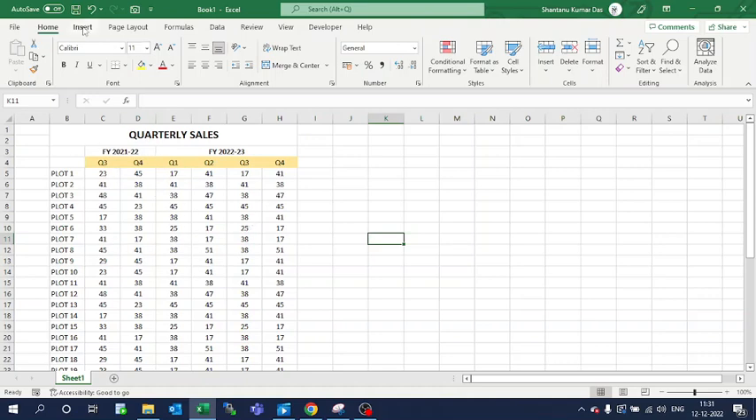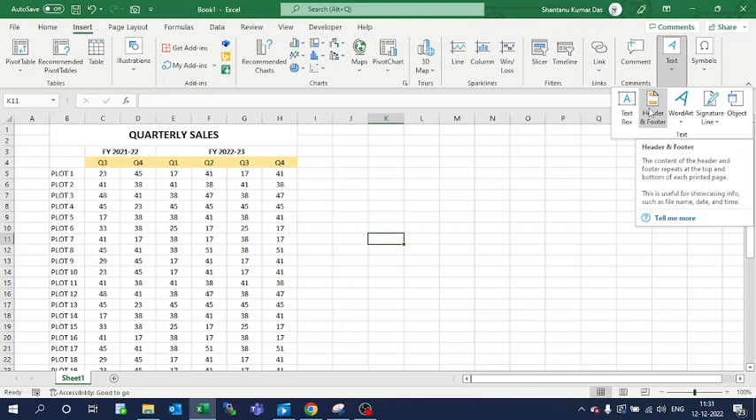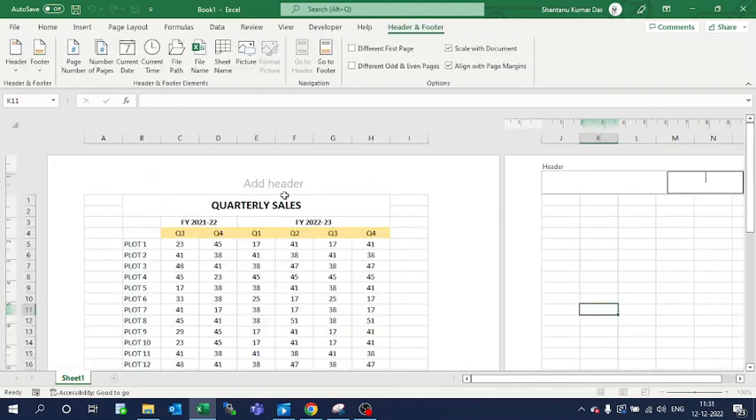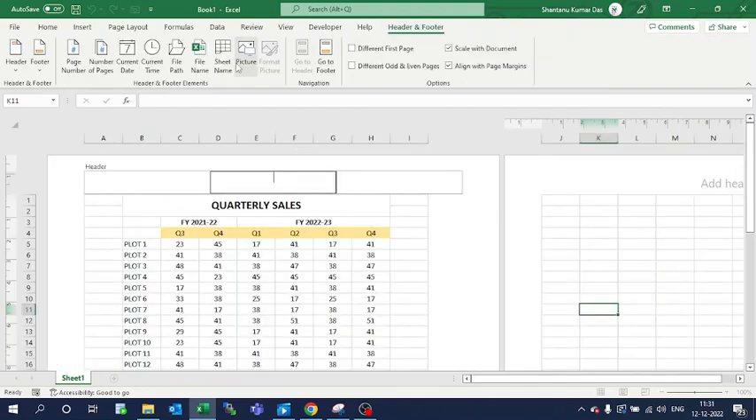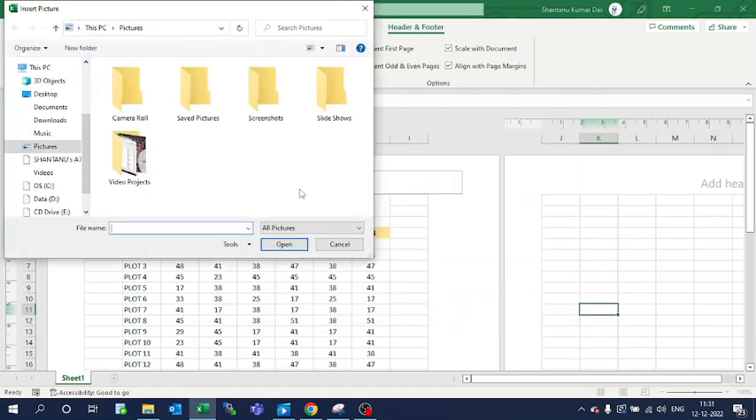So what we will do, go to Insert. Here you will find a tab where you will get an option to insert header and footer. Just select this one. In the header you can insert a picture, browse from your computer